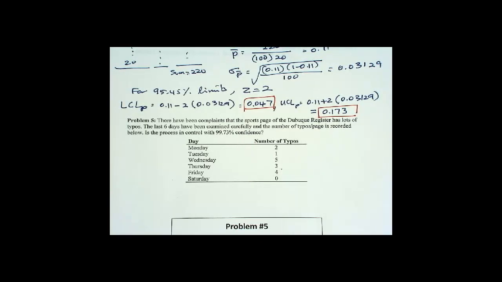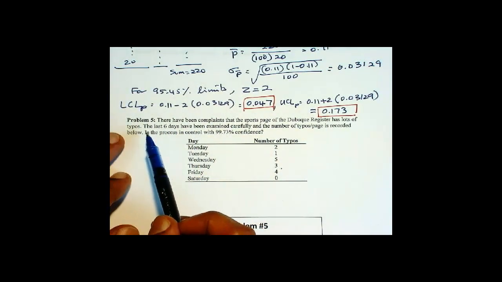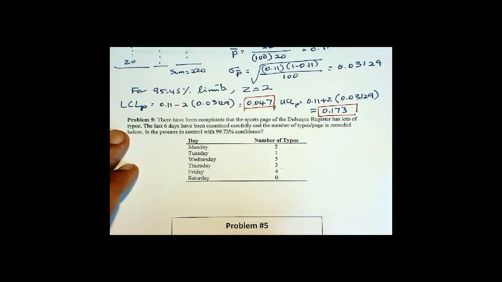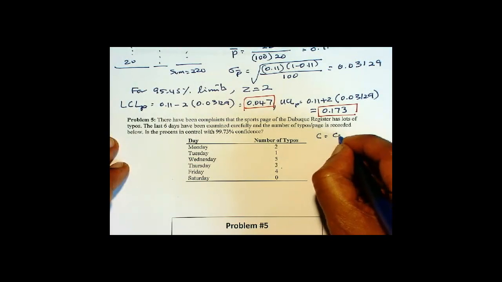So that's how you should identify whether you have several samples and each sample gives you X number of bad in the sample, in which case it is P. On the other hand, if it is just simply a count of number of defects, here is another example of why this is a C chart. So you have the sports page in a newspaper and you're counting how many typos are there per page. So you start a sample, it's in one page, how many typos are there. So that's C, count of typos,